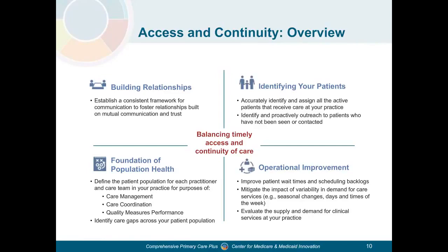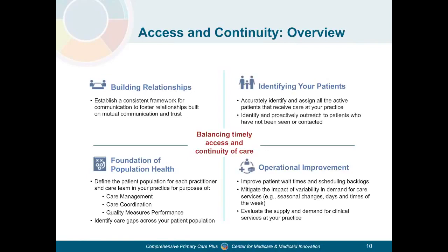So that really is a perfect example of how practices and care teams need to be mindful of how they balance prioritizing access to care versus continuity of care. Because like you said, as you work to ensure that a patient can see their primary care provider, it then eliminates a same-day slot for an urgent care patient that may have needed to be seen by that primary care provider. So thank you so much, Amanda.